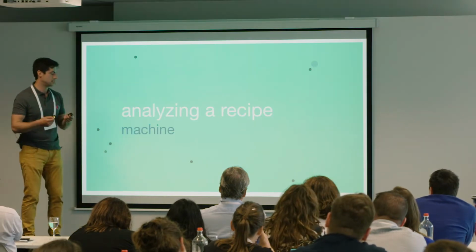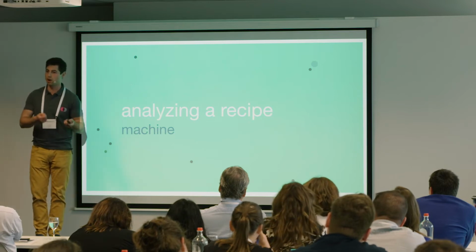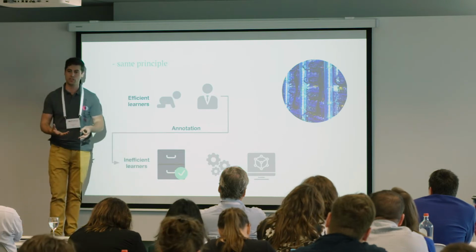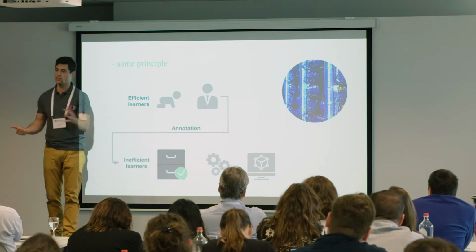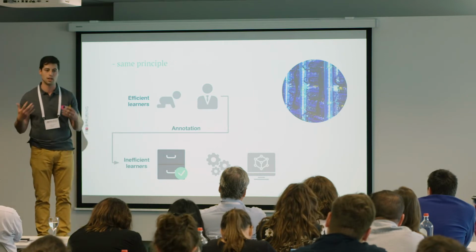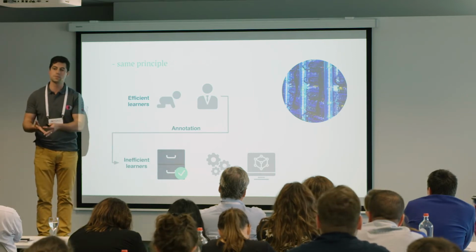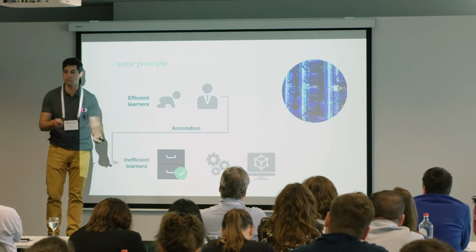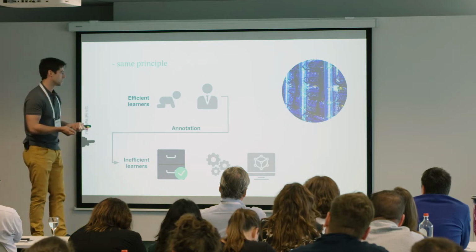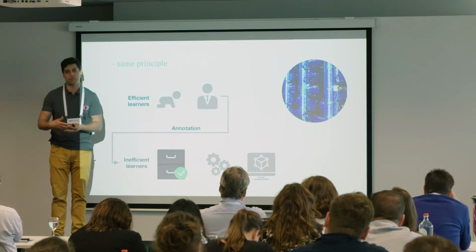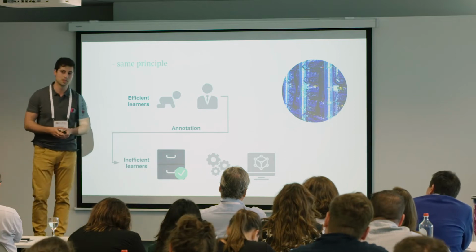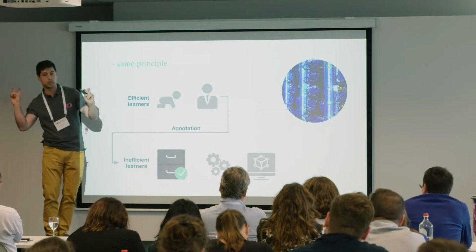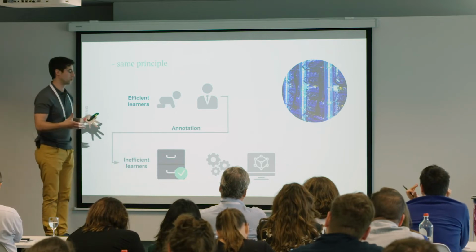So with this in mind, this is exactly how we at Food Pairing train our machines as well. We have the efficient learners, the people who have tons of experience, who get taught things right away. We used those people to tag ingredients and recipes along a certain taxonomy. With that, they come up with tens of thousands of examples. Using those examples, we can then train our inefficient learners, our machine learning algorithms here at Foodpairing, to do